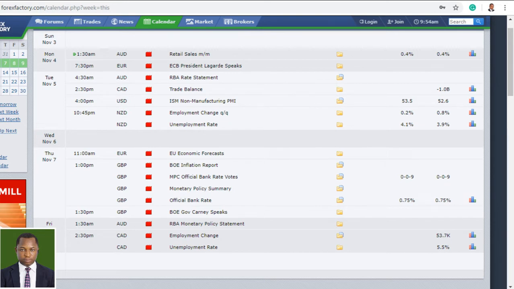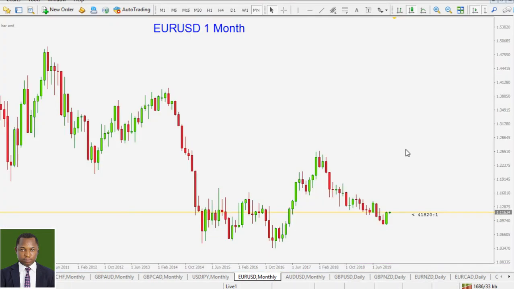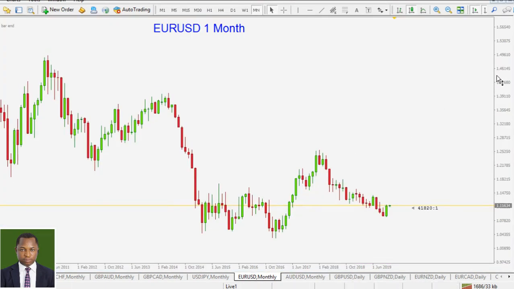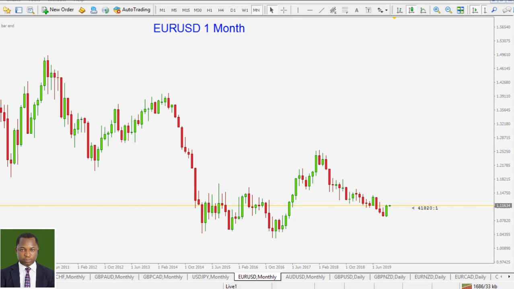All right, now let's look into the chart. Like I said earlier on, we are going to start afresh, analyzing the pairs over again in order to see what's been going on. All right, let's begin with the euro against the American dollar, marking our key levels of support and resistance. Here in the monthly time frame, you can see that price bottom out right here as a level of support. This area acted as resistance right there, okay, as support right here. Got broken to the downside, again acted as resistance somewhere in there. So we are just going to keep those two key levels in the monthly time frame.